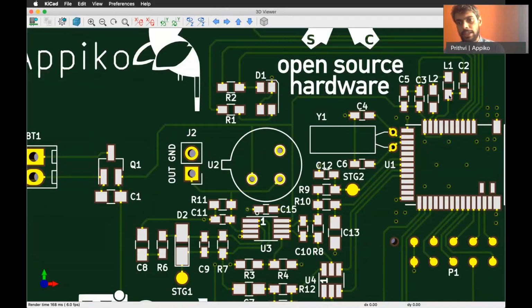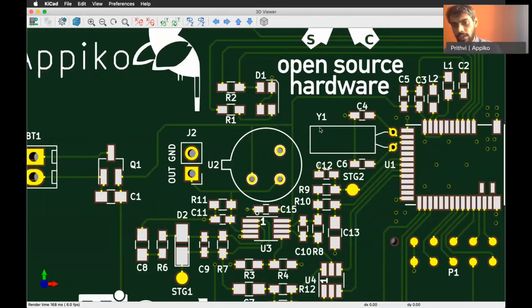Another thing is L2 and L1 are the inductors used for the buck regulator present in the NRF52 integrated circuit. So they also need to be placed as close as possible to the designated pins. Y1 here is a 32 kilohertz crystal, which is used to produce the low frequency clock.